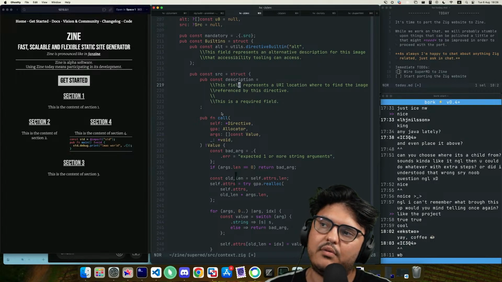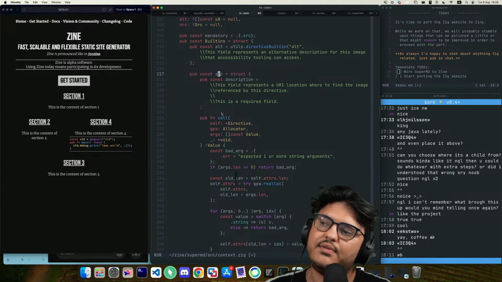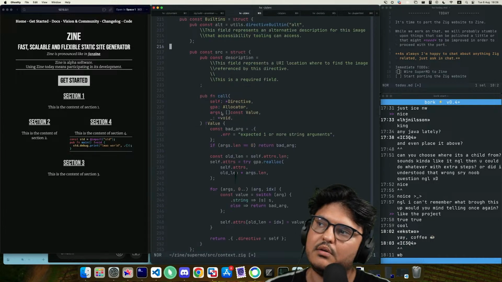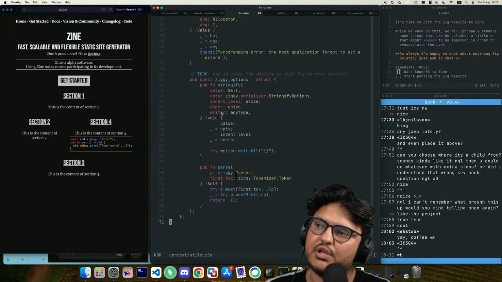These fields represent a URL location where to find the image referenced by this directive. Also, here's another interesting thing. Source is going to be shared by a bunch of different things. So even though source shouldn't be hyper generic, you know what? Match around type. We do want to put it in utils, I think.